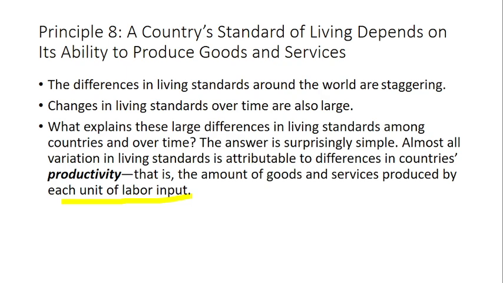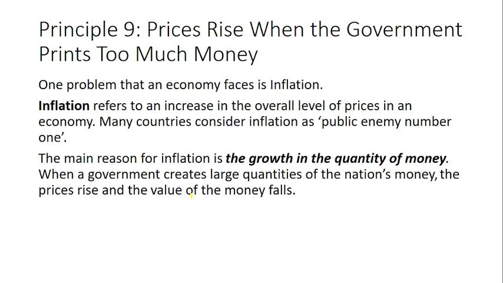If your productivity is high, what does it mean? It means your ability is more in the case of the production of goods and services. You are producing more goods and services. If you are able to produce more goods and services, then your standard of living will be high. In short, what principle number 8 says is that a country's standard of living depends on that country's ability to produce goods and services. Principle number 9,